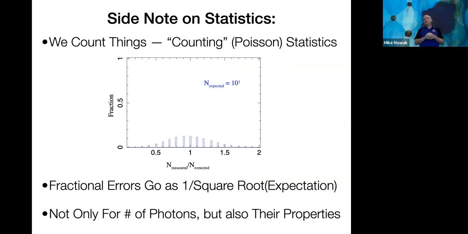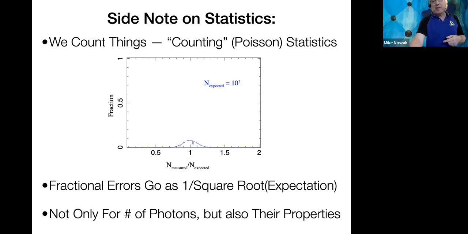And we'll talk a little about statistics. I said astronomy is really simple. It's just a matter of counting photons and putting them in bins and histogramming them up either by position, energy, or time. And anytime we do counting of something, there's a statistic involved with that. If you expect to get 10, you don't always get 10. And this is a plot. If I expect to get 10 photons, what am I going to really measure? Well, I can measure anywhere from 0 to 20-ish photons. And that's the distribution of the fraction of the time I'm going to get between 0 and 20 photons. You can see there's a spread of that. And that's called Poisson statistics or counting statistics.